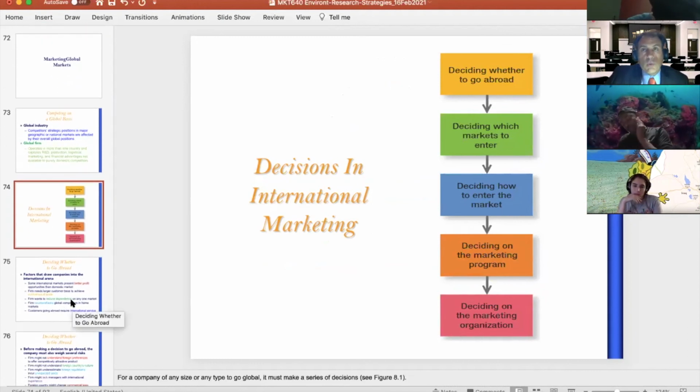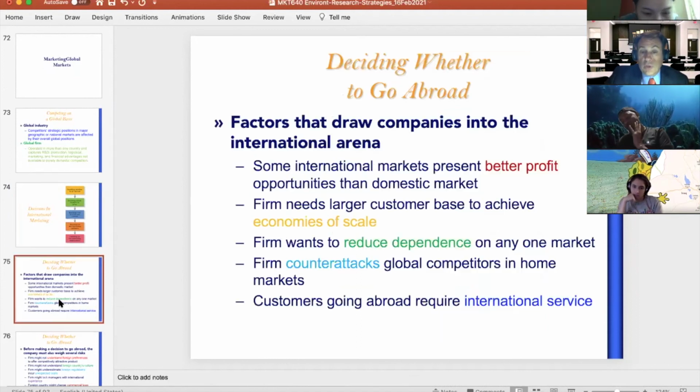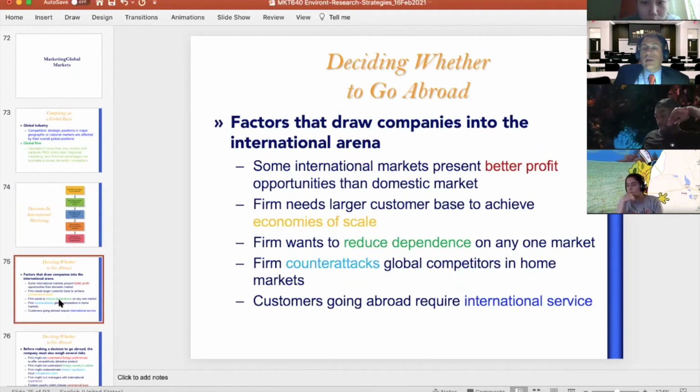Should we work 50-50? Should we start slow and grow big? Should we go big from the get-go? So there's all kinds of issues related to the fact that sometimes the opportunities are better overseas than they are here. Maybe they started overseas and they're going to come here later, or maybe there's an issue of profits that you can make overseas more than here, so you're shifting.